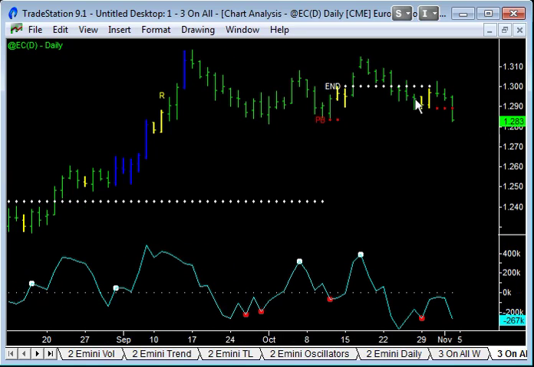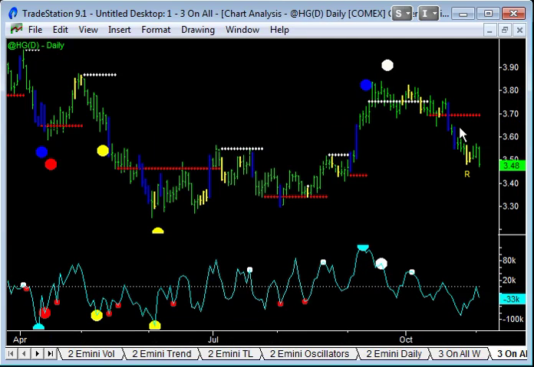Then we get a little bit of uncertainty at the beginning of this week with Sandy and New York being closed and so on. And then Friday's activity, bang. We've broken through a support level into a downtrend on the euro chart. And then